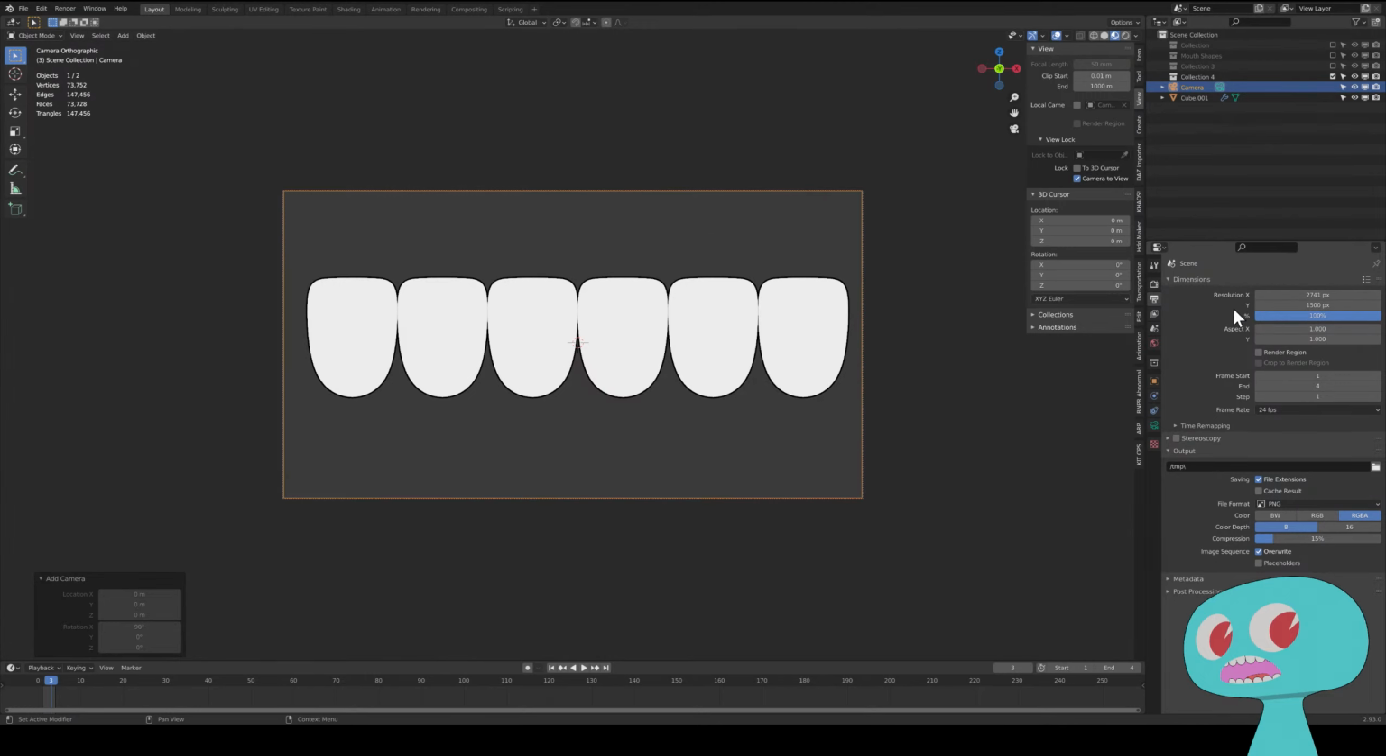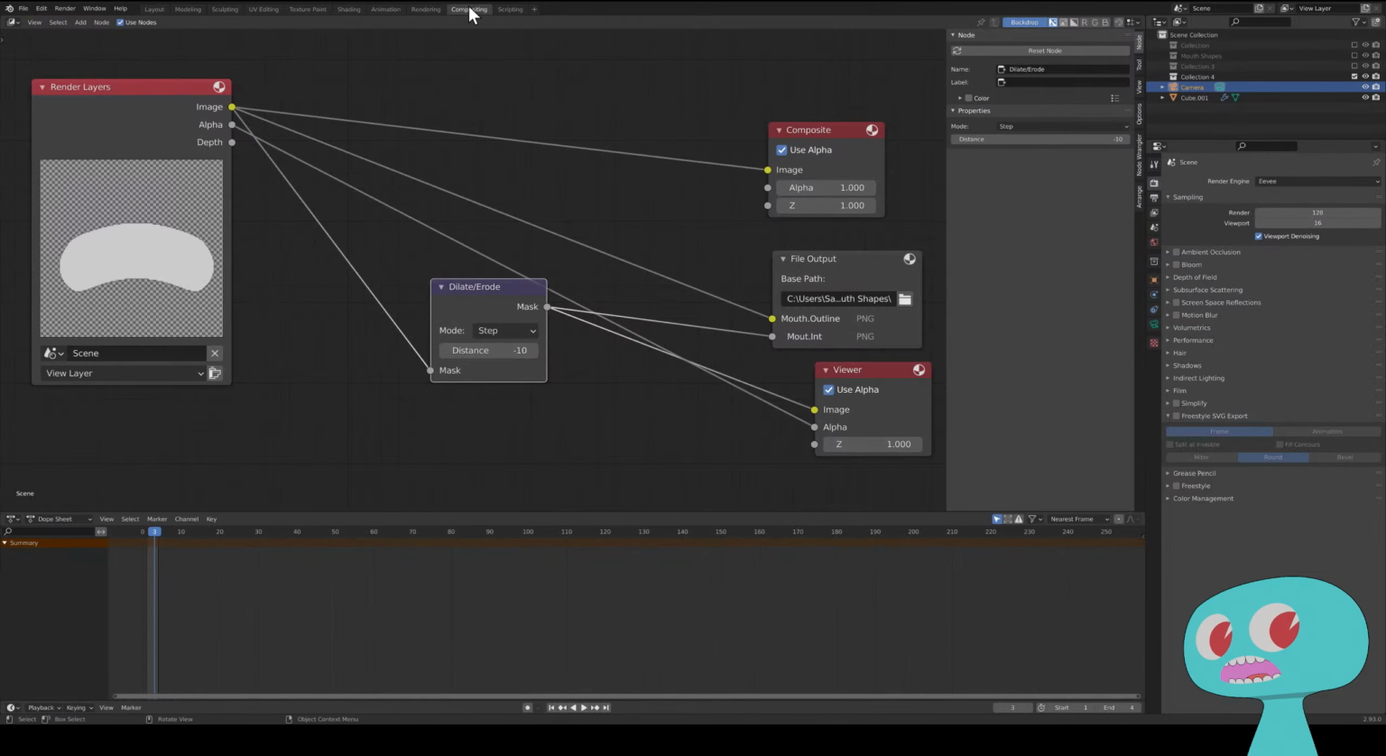1500, and then bring this up. Just ridiculous. I mean, it's Eevee, so it's going to render extremely fast anyways. So that's fine. All right. So we'll do that. We'll go back into compositing,